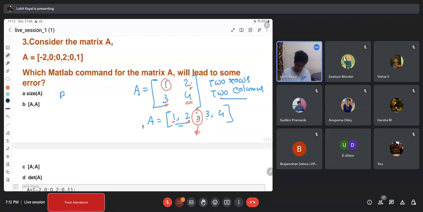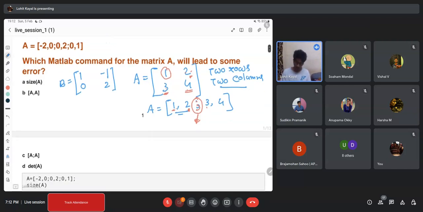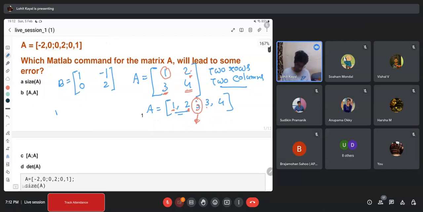Suppose a matrix B is 1, -1, 0, 2. Now if I follow the same thing, what will be the case? B equal to 1, comma, -1, because comma indicates a column separation. Colon means a new row will appear. 0, again comma, 2. So if you want to translate from here to there, 1, comma, -1,